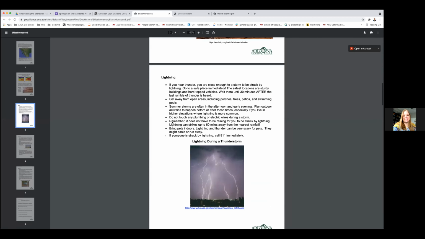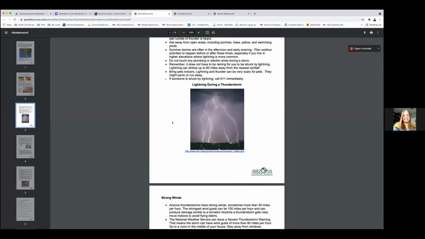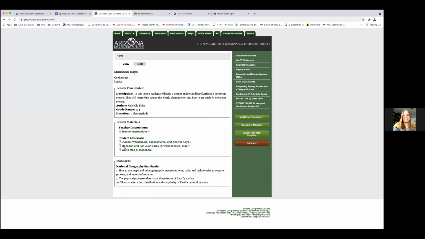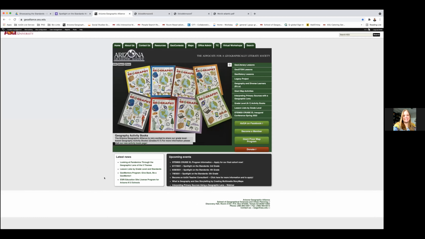So you can even just take these PDFs and download them. And if you still have students that are online, you can move those, then assign them to their Google Classrooms or assign them to whatever format you guys use. But these are all PDFs, right? And it helps those aspects. But what I really want to also show you is, despite all the ones that we have here, if you look on our latest news, there's a lesson list by grade level, or here over on the right hand side, lesson list by grade level. There's 2 ways to get to it.